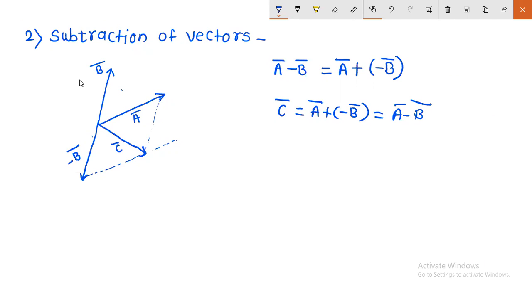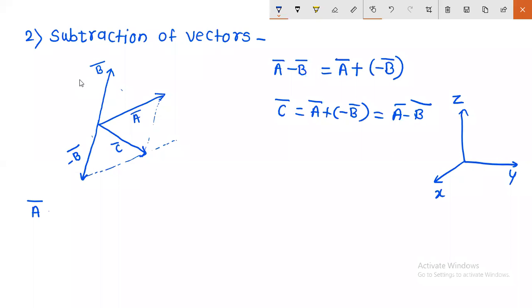Any vector can be written in this term, that is in x, y and z axes. Yesterday I told you this is a 3D system, or you can say a Cartesian coordinate system. So these have three axes, that is x, y and z. Now I want to write this vector in terms of each direction.